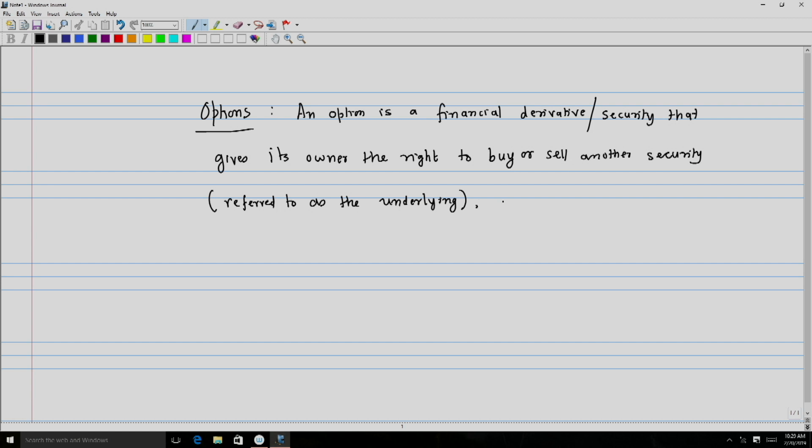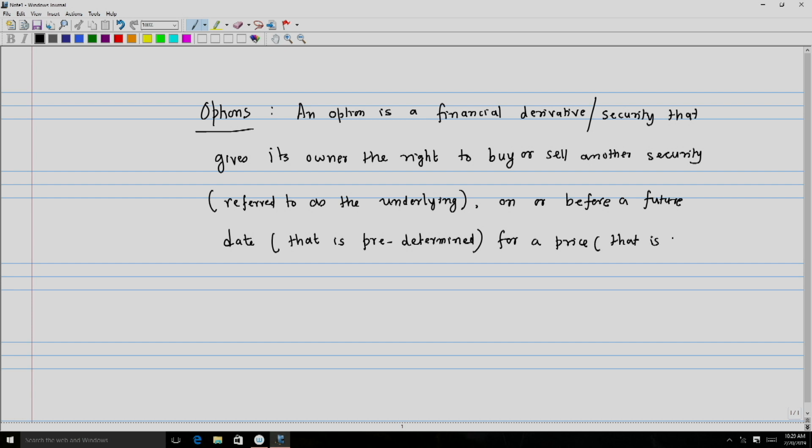And this right is bestowed to be exercised on or before a future date, and this date is predetermined, that means decided ahead of time, for a price that is